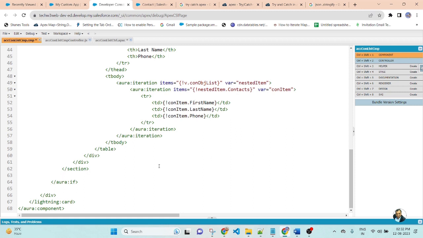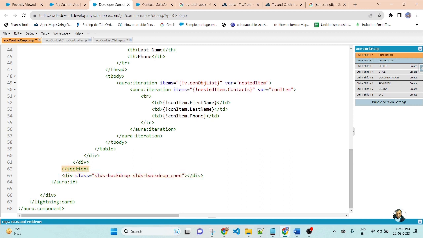After that, after the section, create a div, class equal to SLDS backdrop, SLDS backdrop open.